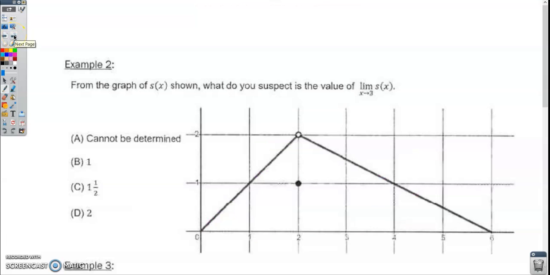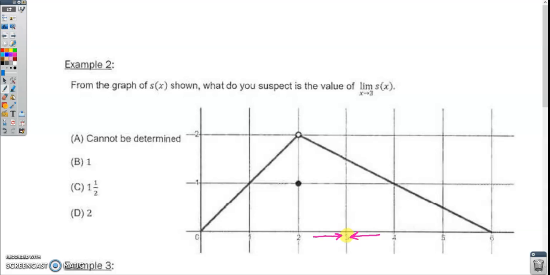Start here with example 2. From the graph of s of x shown, what do you suspect is the value of the limit as x approaches 3 of s of x? So the first thing I do is I identify where 3 is on this graph. Right there is where 3 is. So what this question is asking is, as x gets closer and closer to 3, what value is y getting